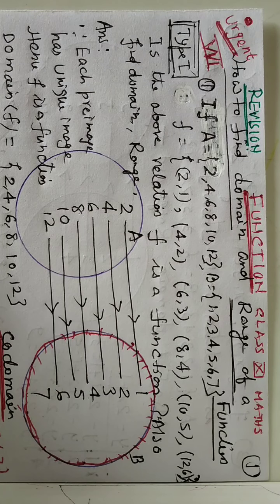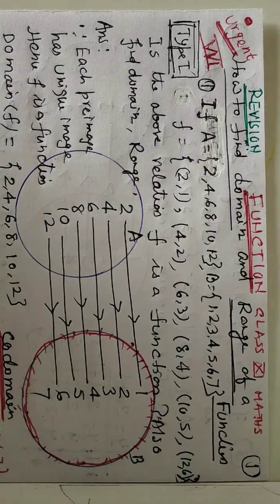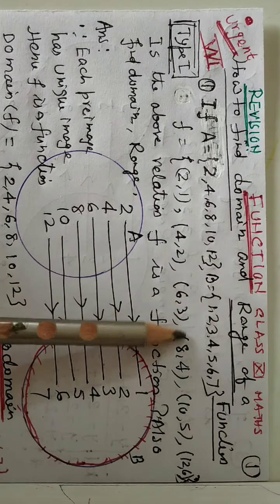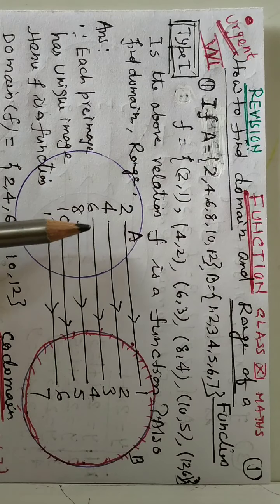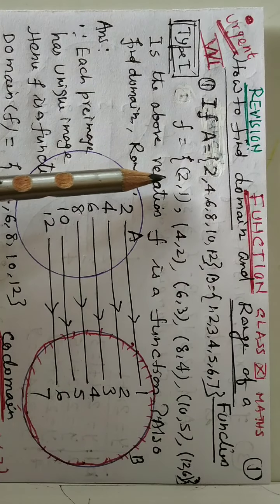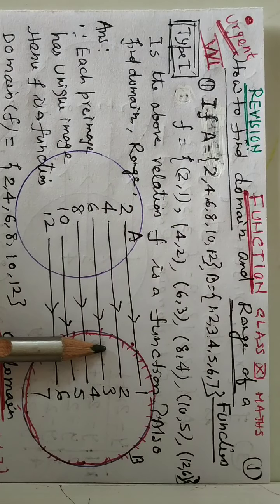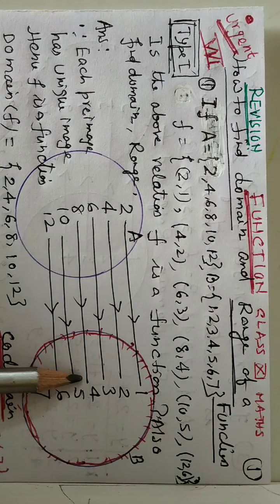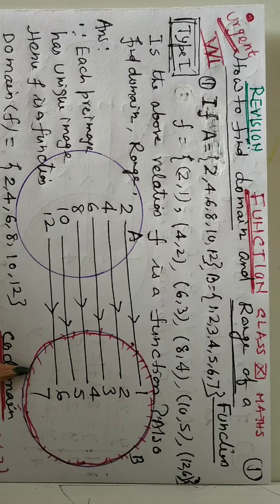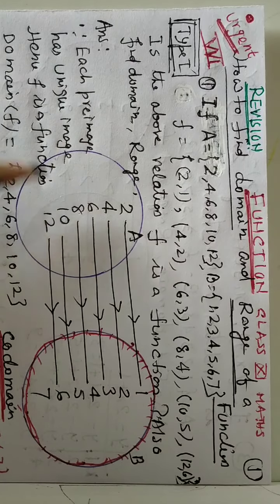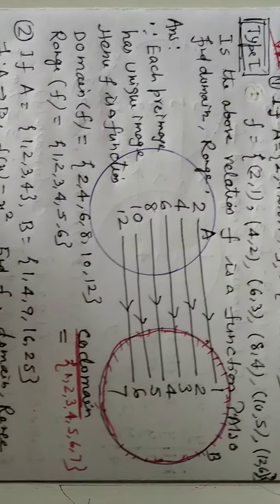This is the final revision of the function chapter 3 of set theory. A is given, B is given and F is given. Write the value of A, then V, and then according to instruction 2 is going to 1. Likewise other members: 4 going to 2, 6 going to 3 and so on. Now each pre-image has a unique image and hence the function is well defined.